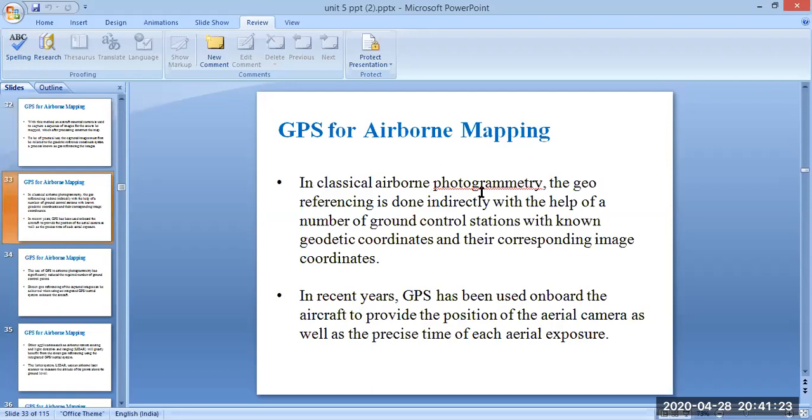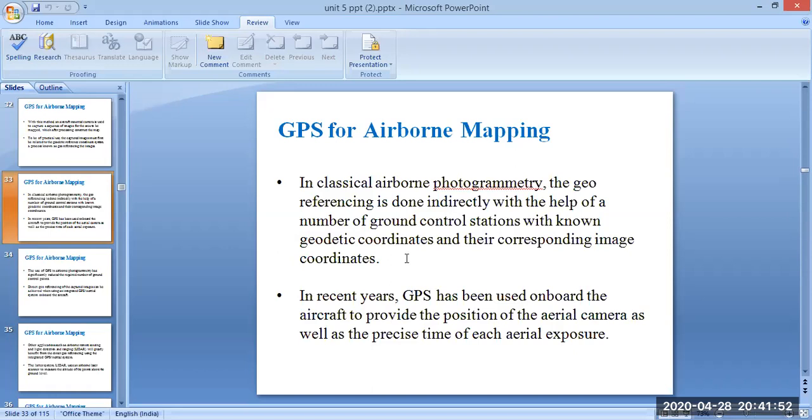Next, in classical airborne photogrammetry, the georeferencing is done indirectly with the help of a number of ground control stations with known geodetic coordinates and their corresponding image coordinates. We compare the inertial coordinate system of a map with the photo image.